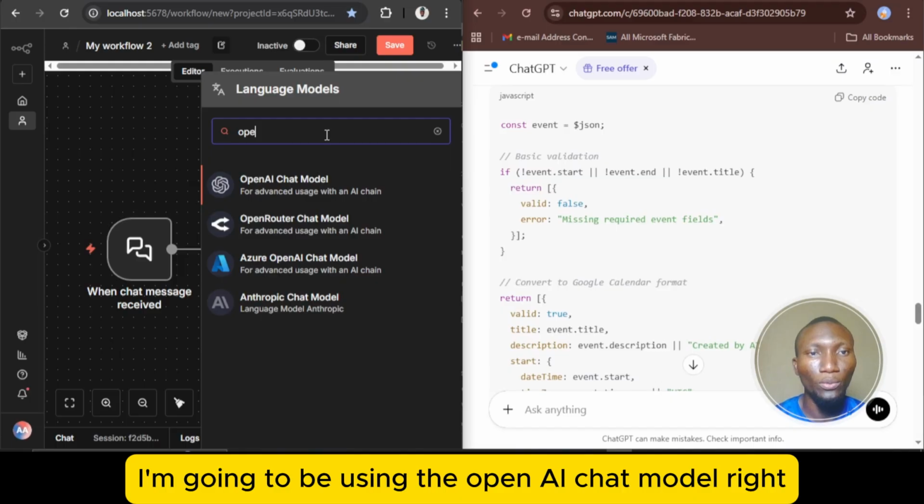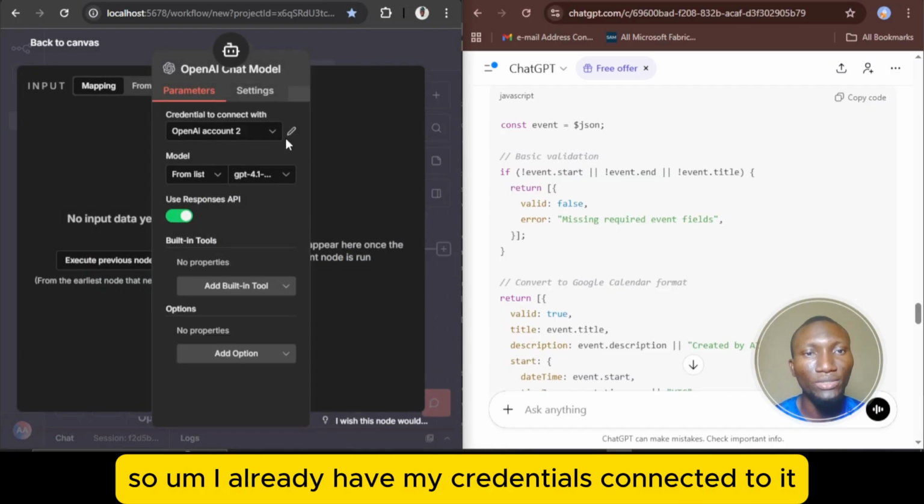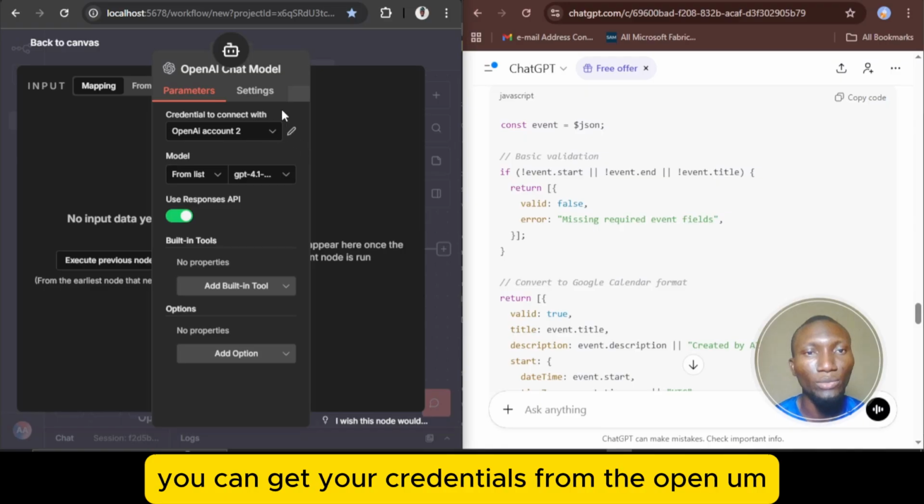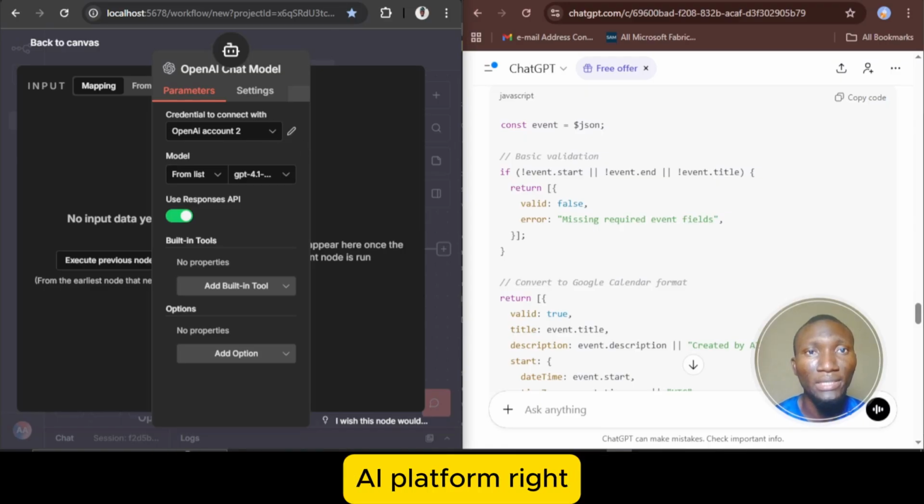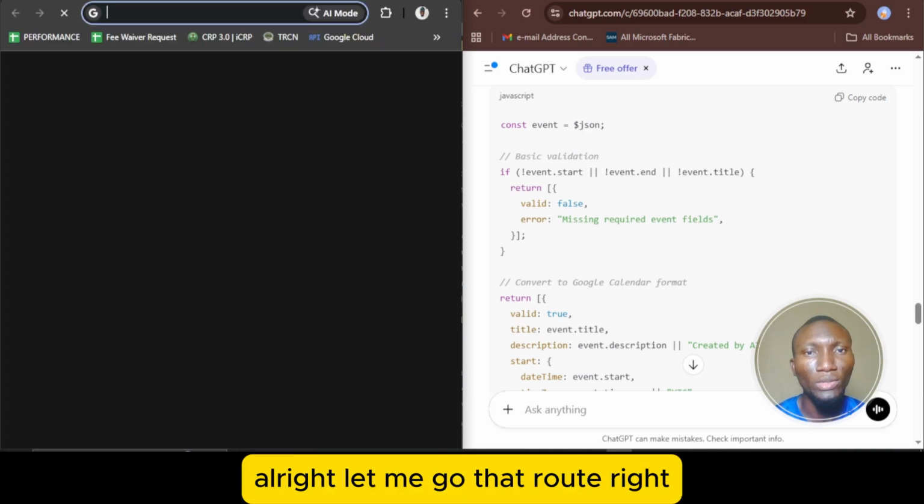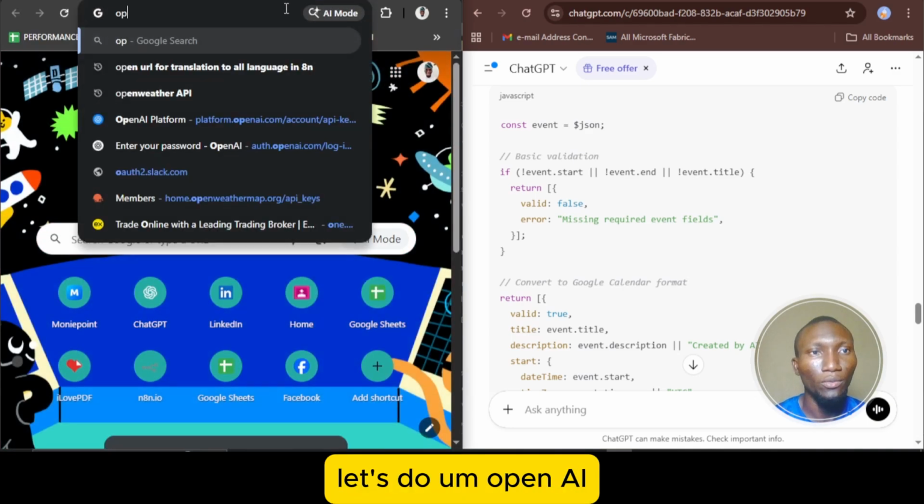I'm going to be using the OpenAI chat model. I already have my credentials connected to it. If you don't have your credentials, you can get them from the OpenAI platform. So do I need to go that route? All right, let me go that route. Let's do OpenAI